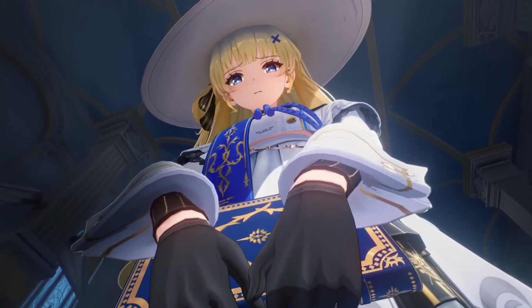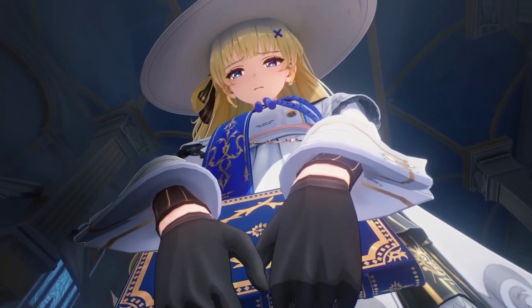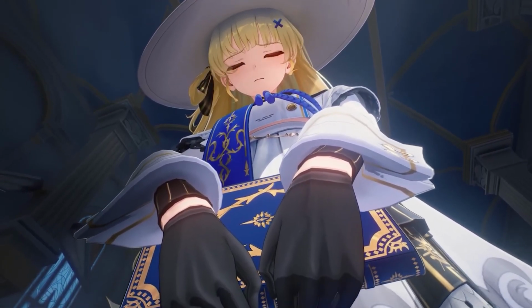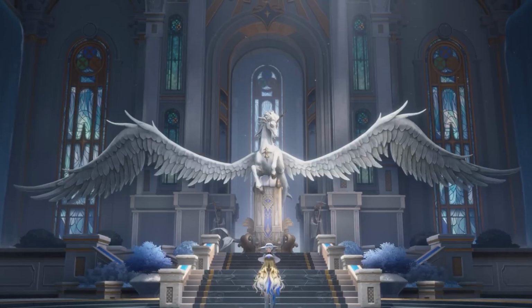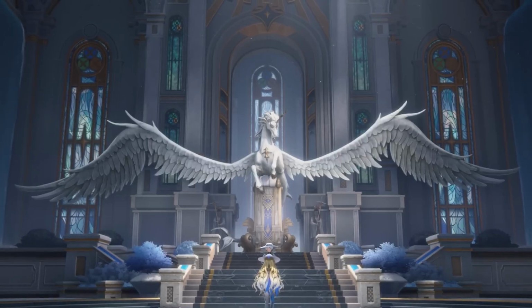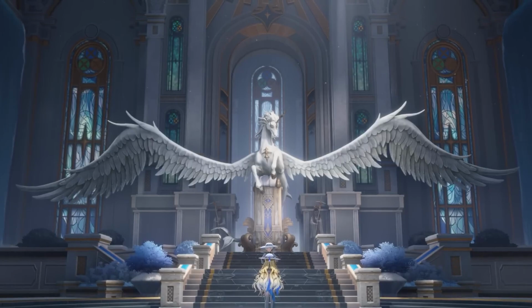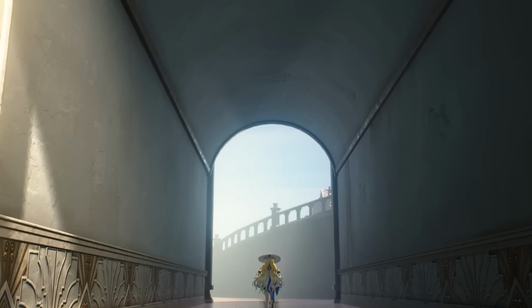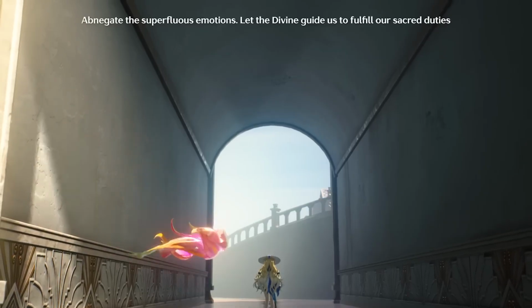So again, I think it's mainly a case-by-case basis, and it's really not that bad, as there hasn't been too much of an outcry, but I have seen a couple of comments around that, which obviously is something that Kuro Games and Wuthering Waves do need to take into account, because again, they do care about the overall experience of a player.